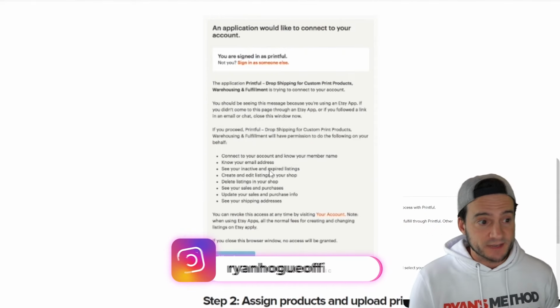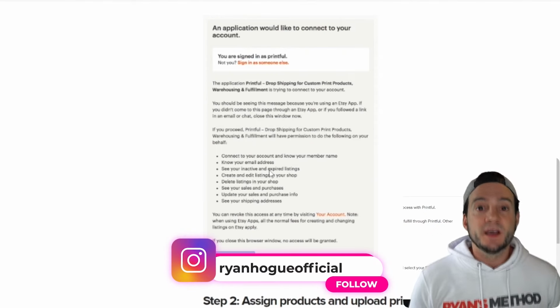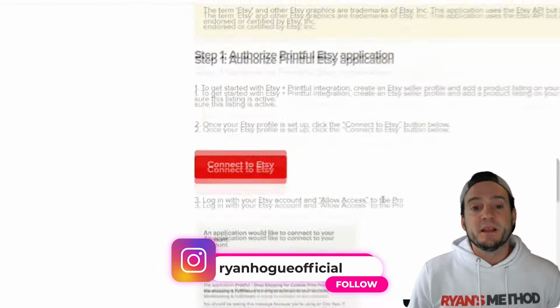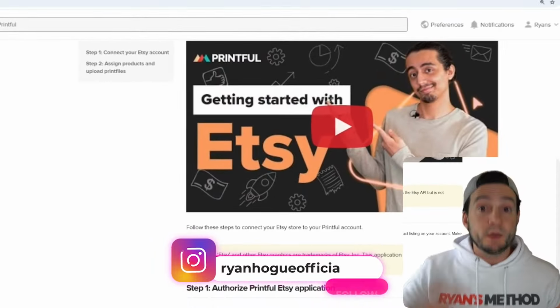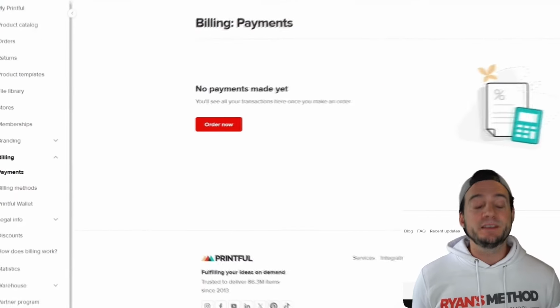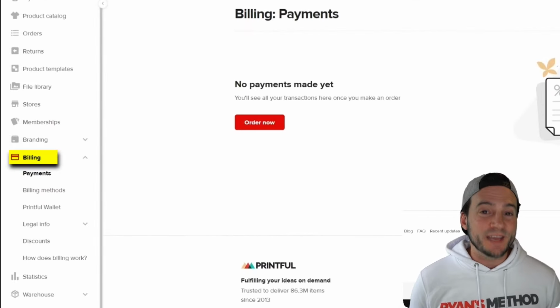And once you're connected, guys, start publishing products. As long as you publish your products from Printful to Etsy, they will recognize the orders and they will automatically scan for orders throughout the day. When they see one, they will begin fulfillment. Guys, it's that simple. Speaking of beginning fulfillment, you need to go to billing on the left-hand navigation and you